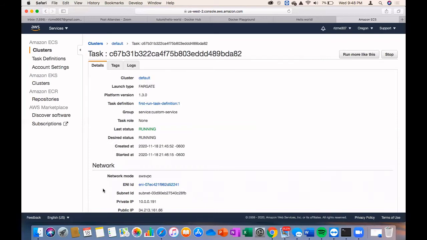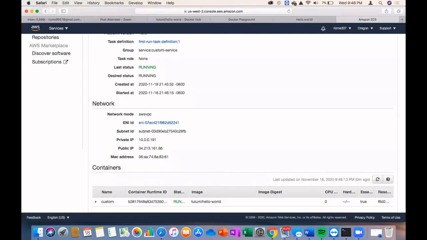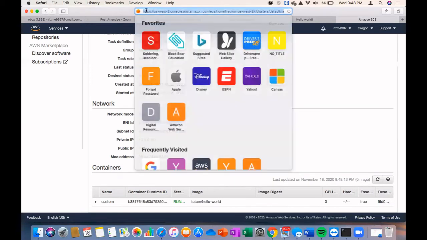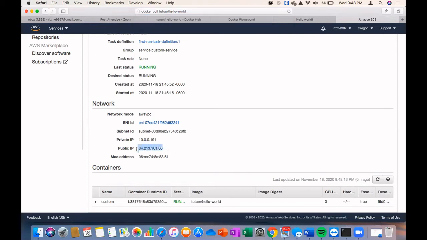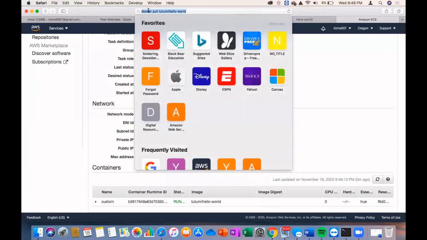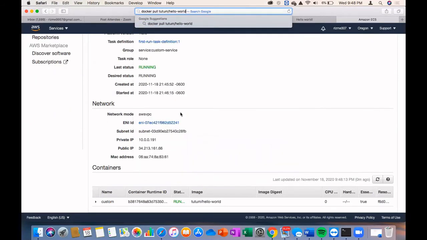Good. Now scroll down till you see Network. Now you get a public IP. Just copy and paste the public IP in a browser. No, it is not copied. Oh, still not.